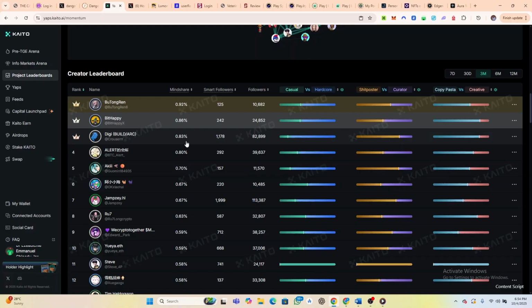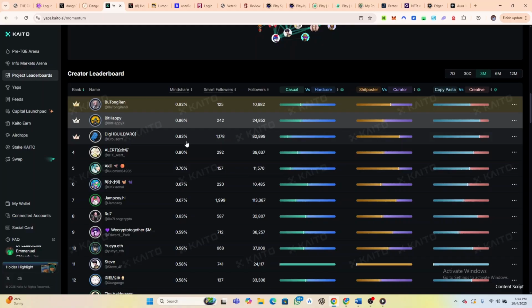Kaito AI recognizes them through their past activity, connections, and reputation on Twitter. You don't just create a Twitter account today and think you will become a smart follower. No, there are people who have 5,000 followers and they barely could boast of 2 smart followers on Kaito.